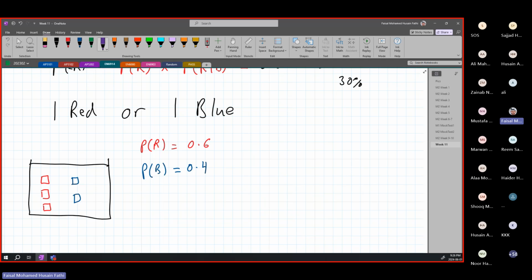And let's add an extra resistor and make it purple and change the probabilities actually. So let's say we have also a purple resistor. So the probability of the purple is also now available. So how are we going to calculate the probabilities? We have to calculate it all over again because now our sample n is no longer 5, it is 6. So we have 6 resistors in total. So the probability of red is 3/6, which is 0.5. The probability of blue is 2/6, which is 1/3 or 0.33. And the probability of purple is 1/6, which is